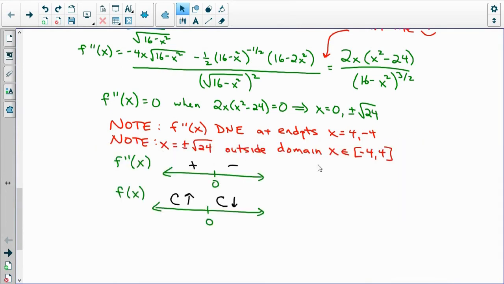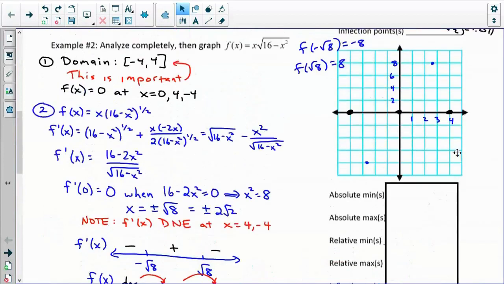Also note that x equals plus or minus root 24 is outside of our original domain of the function, so I don't even have to really worry about this part. If I take f double prime, 0 is a critical point of f double prime, and it changes from concave up to concave down. So at this point 0, I need to change from concave up to concave down. So what I have is a minimum value